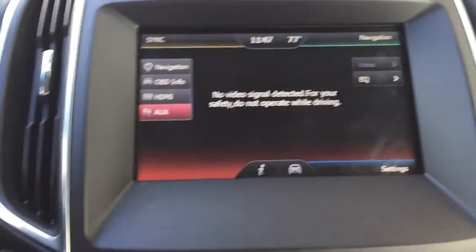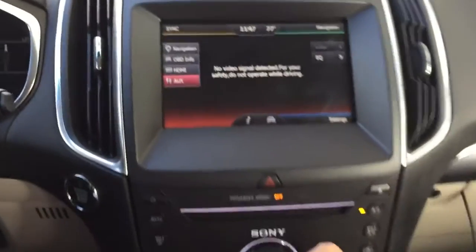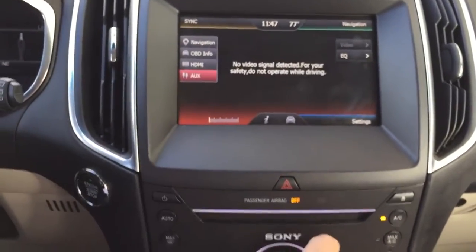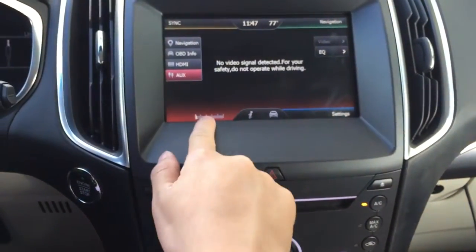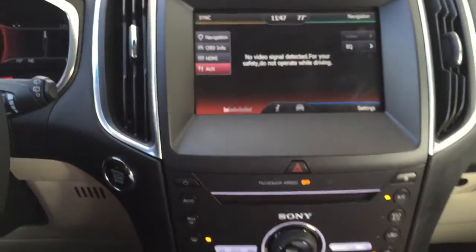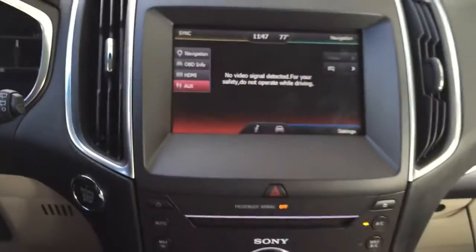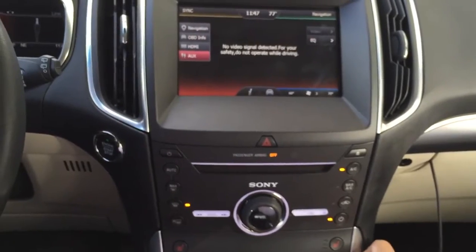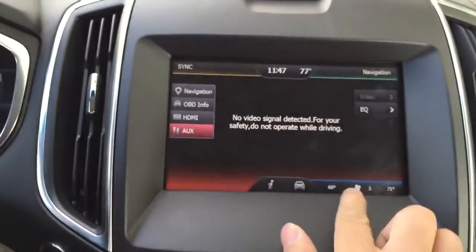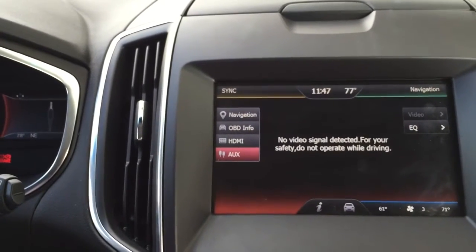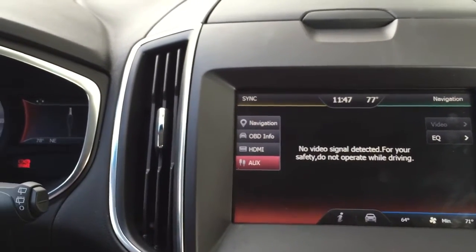And also as you can see, when I adjust the volume, the volume status will also appear on our interface. So if you adjust the temperature, the AC controls, you see, it also shows you the AC status here, and also the temperature, and the fan speed,